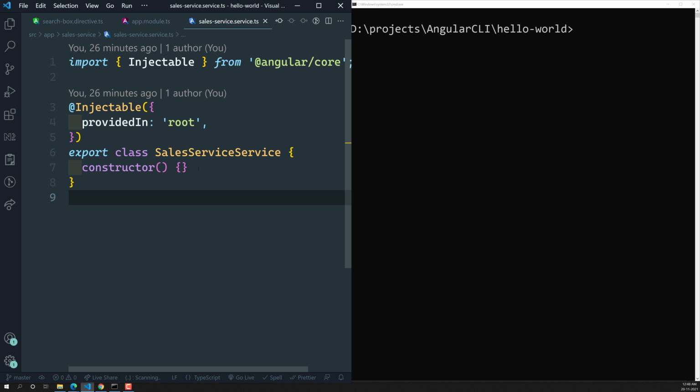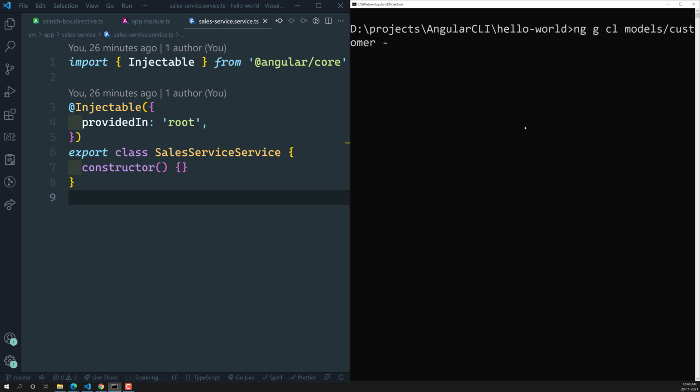So first, we need to create a class. So let's add ng generate. So g for generate and class. So you can add class, or otherwise the shorthand notation is cl, and then the name of the class. If you want to create the class in a separate folder, you can use something like models slash and the class name. So something like customer, let's say.